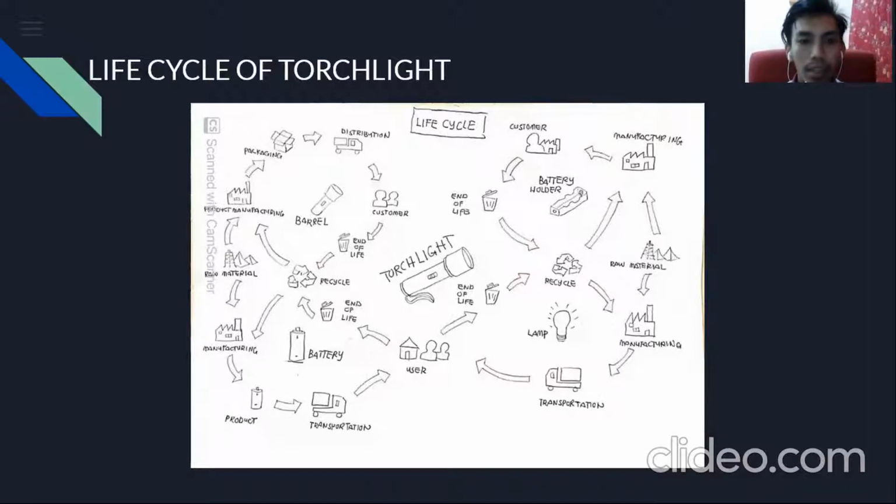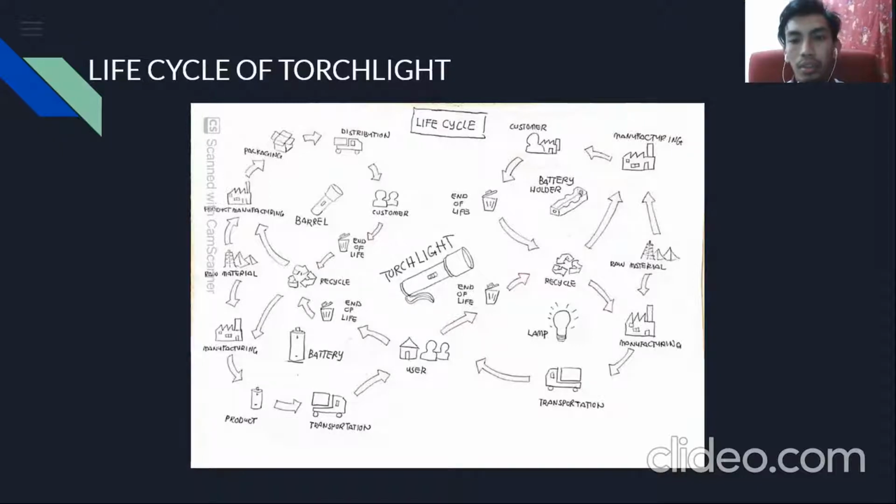same as the barrel. The first step is the raw material to get the material of the battery, and then we send it to the manufacturing and then get the product. Then we need transportation to send it to the home or user, and then the product reaches end of life and is sent to recycle to get the original material, and then sent to the manufacturing again to produce a new product. For the battery holder,